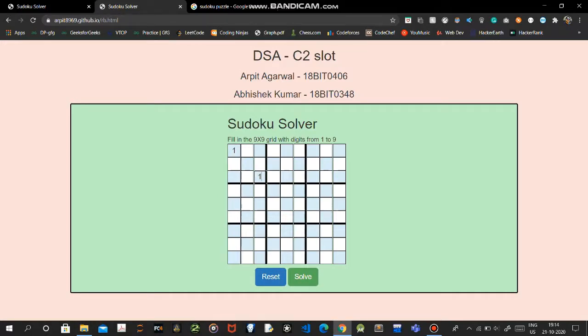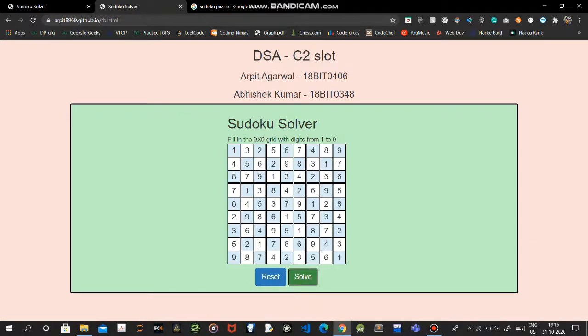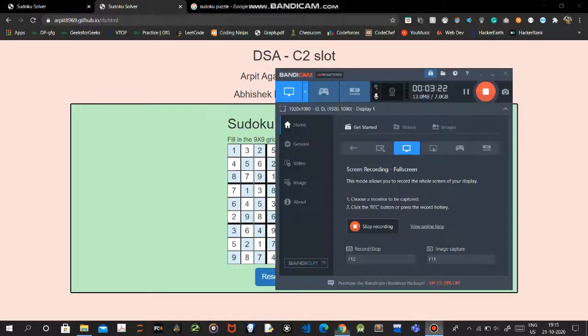Here, it shows no solution, please enter correctly. So if we input an invalid puzzle, it will detect it. So that was the visual demo for the Sudoku solver. Thank you.